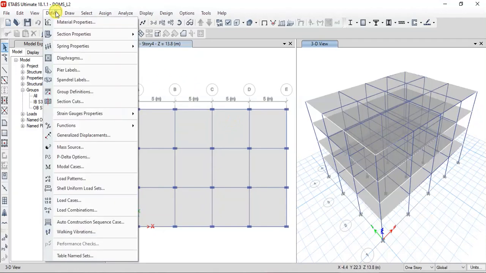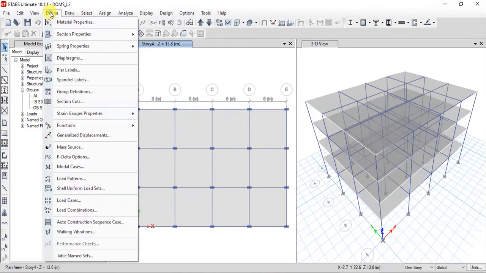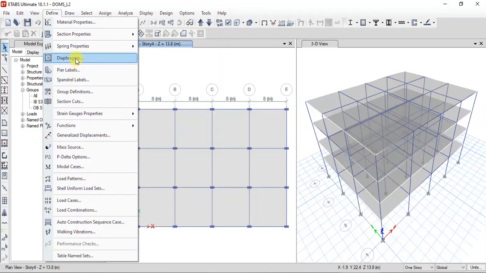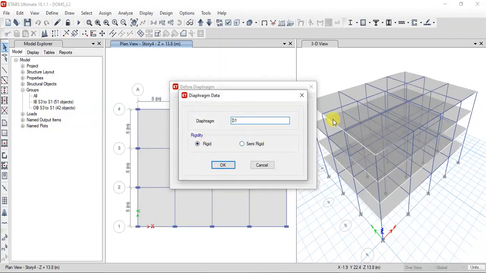Okay, now we'll start with assigning the loads. Before we give load patterns, one more thing we need to do is assign diaphragms. So what does diaphragm mean? Diaphragm is nothing but making the entire slab concentrated at one single point, that is at the center, in a rigid way.